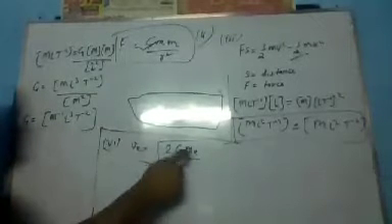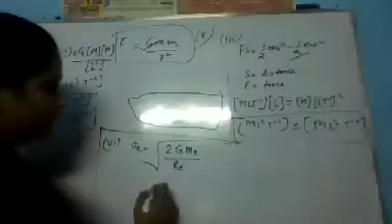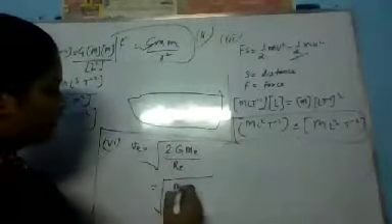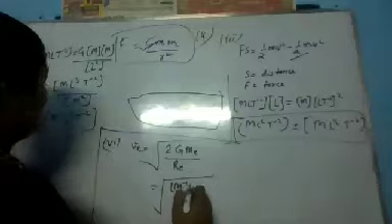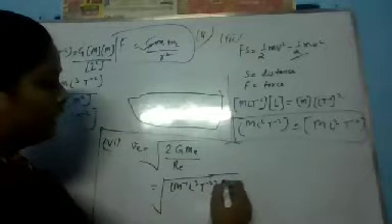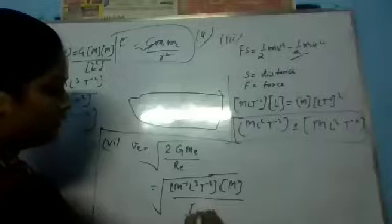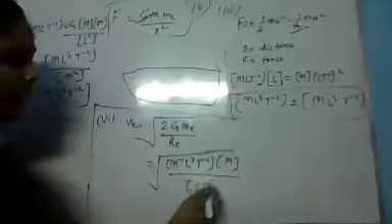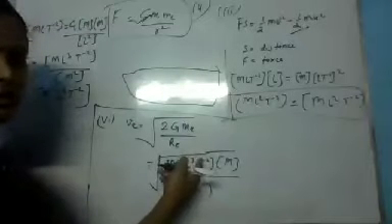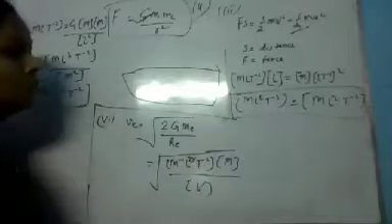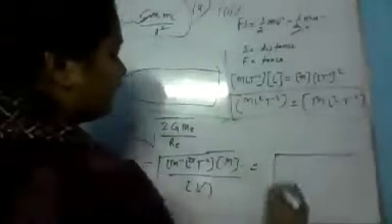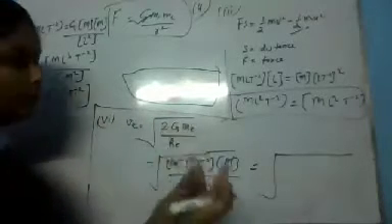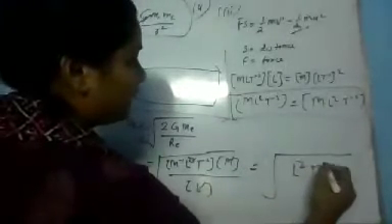So now put this formula here and find out whether this equation is correct or not. Do not worry about the 2 because 2 is a constant. So M^-1 L^3 T^-2, and for mass it is M, for length, the radius, it is L. This term will be cancelled out because L to the power 1 and L to the power minus 1. And then this will be L to the power 2. Here M to the power plus 1 and M to the power minus 1, so it will be M to the power 0, and that value will be 1. So it will be L squared T^-2.